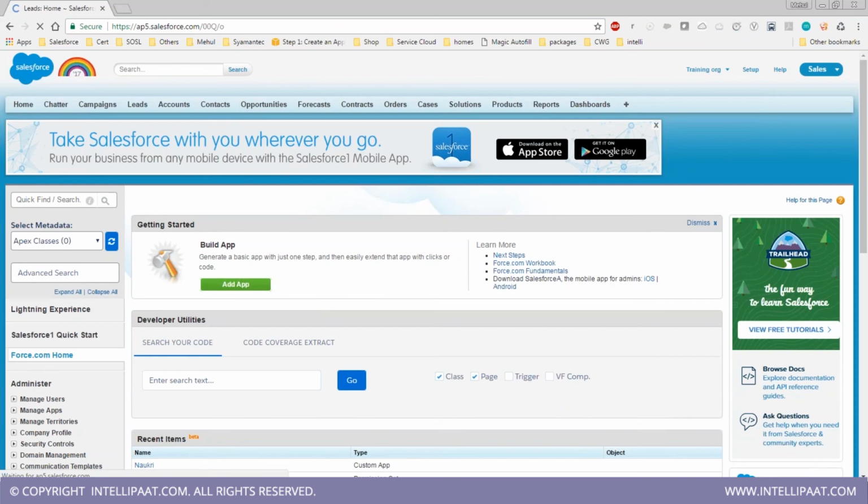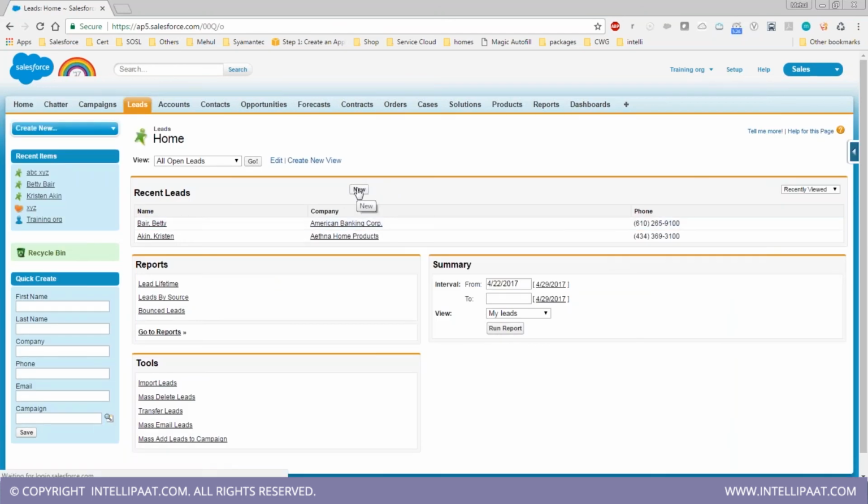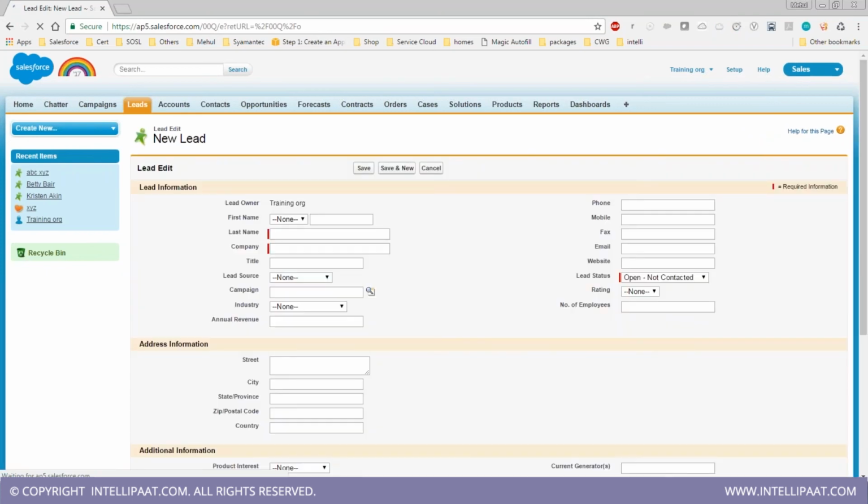As I told you, a standard object is the object which comes with Salesforce, and there is